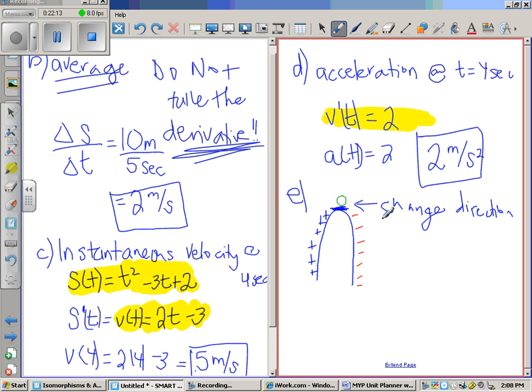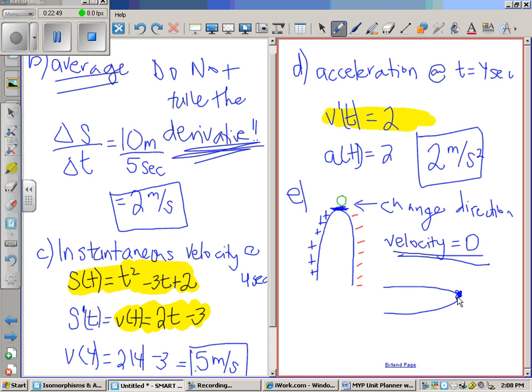Okay, I change direction right there. So at that point, my instantaneous slope equals 0, or, in this case, my velocity equals 0. All right? Because I have a slope that's positive, a slope that's 0, and a slope that's negative. Clearly, this is where I'm changing direction on my journey, and that is also where my velocity, or my rate of change, equals 0. If I'm driving in a car,